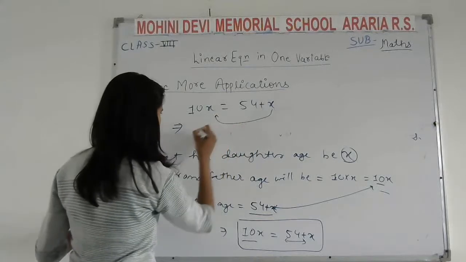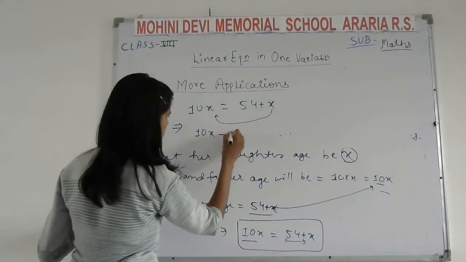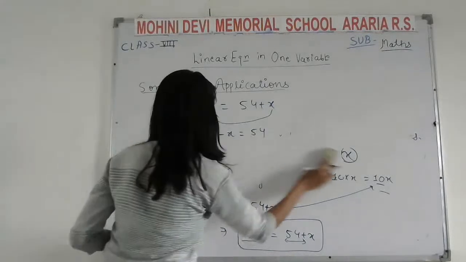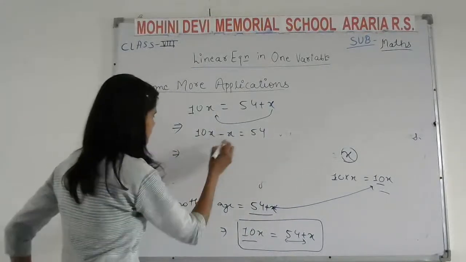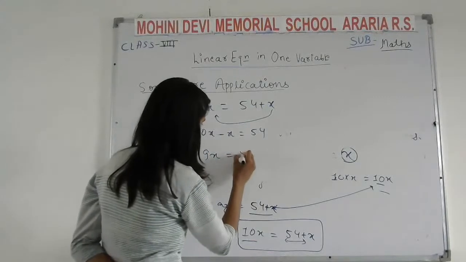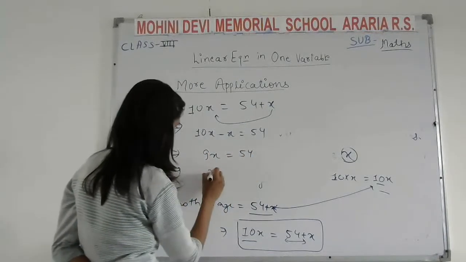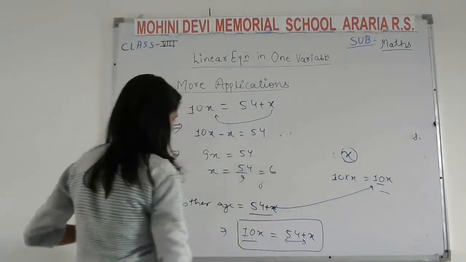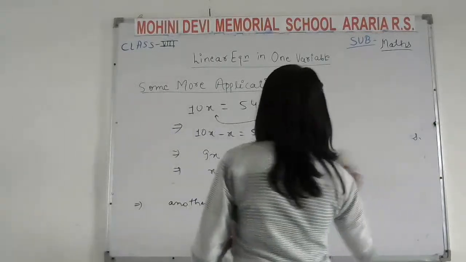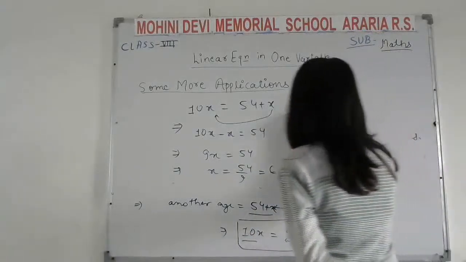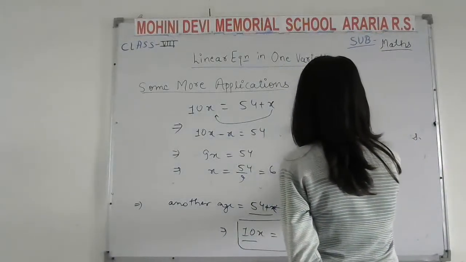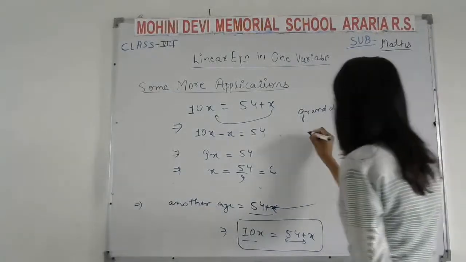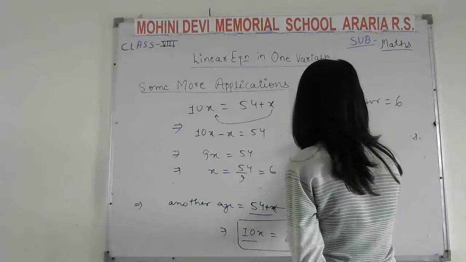Shift this x here. 10x minus x is equal to 54. Now this 10x minus x will be 9x is equal to 54. Hence x is equal to 54 upon 9, which is 6. So we get x as 6, which is the granddaughter's age. Granddaughter is 6 and hence the grandfather will be